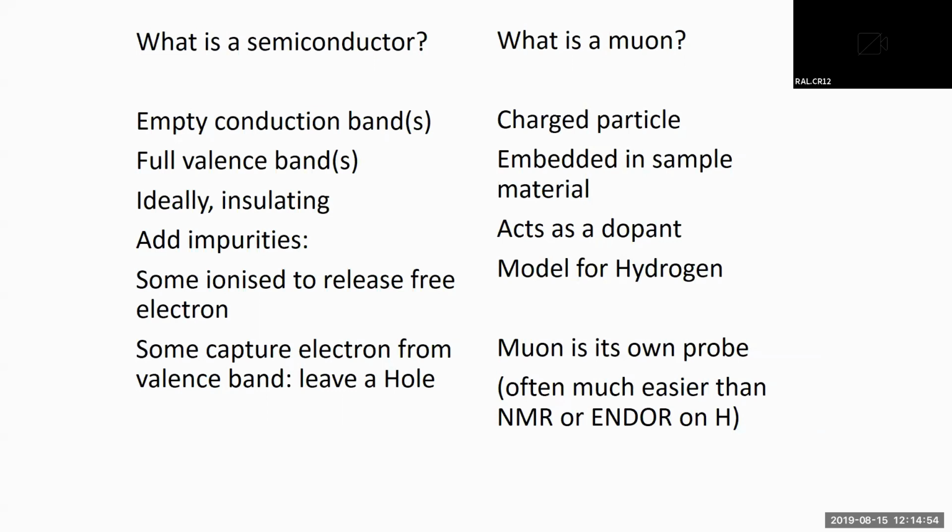gas phase and deposition on surfaces. And therefore muon studies can tell you about hydrogen concentrations which are too low in many cases to detect by other techniques such as NMR. That's because the muon is essentially its own probe, telling you what's happening around the muon defect itself. So it's easier than doing NMR on the proton hydrogen.